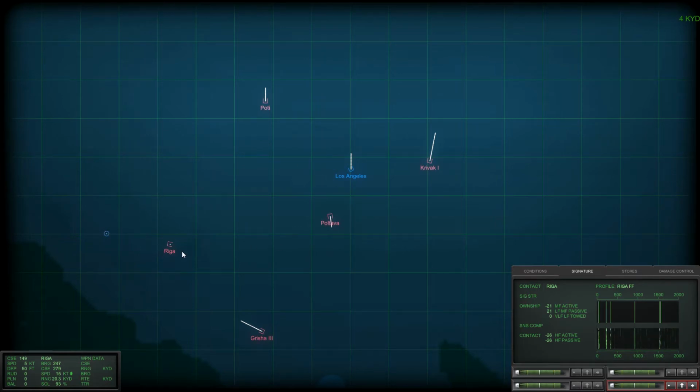So once you have at least an 85% or above targeting solution, you get this predictive indicator, which is basically a lead indicator to show where the target will be when your given weapon will arrive, which is pretty useful. Being on the surface and these being surface contact ships,